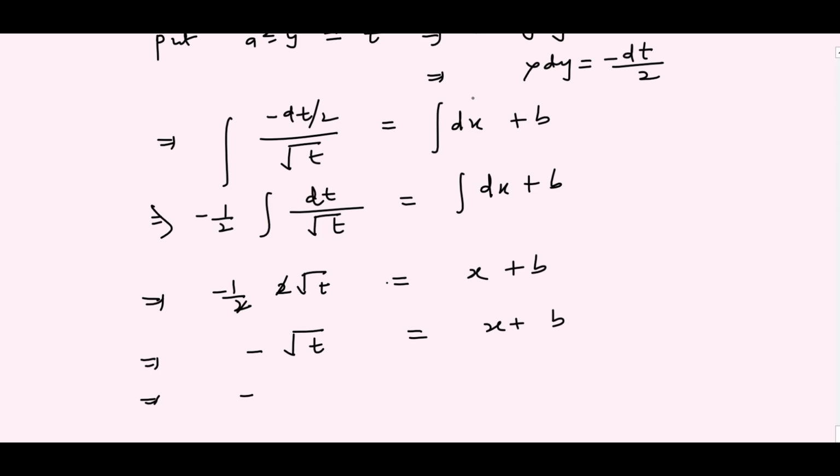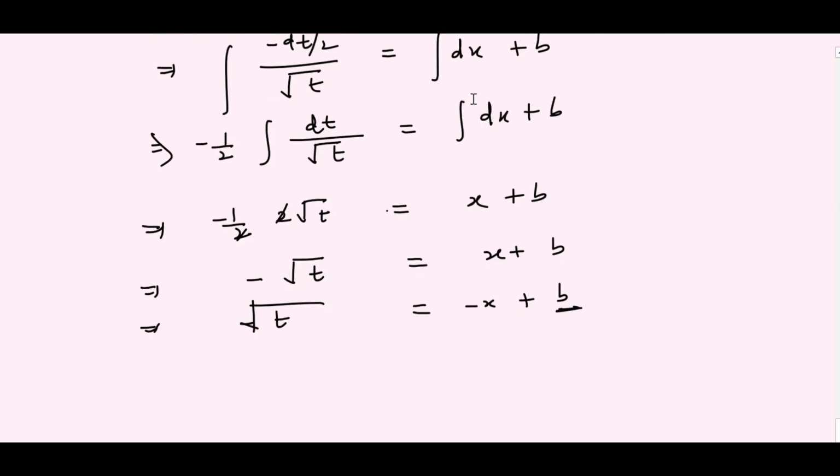So multiply on both sides by negative sign, it will give square root of t is equal to minus x plus b, because multiplication of any constant by negative, again it become a constant. So we can express this term by capital B, that is we can write minus b is equal to capital B,